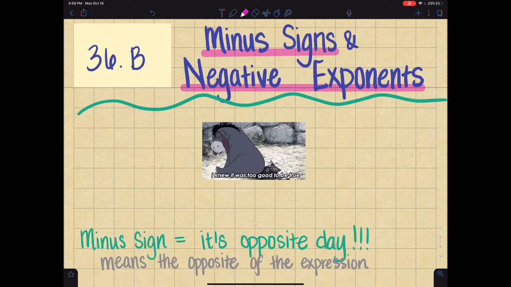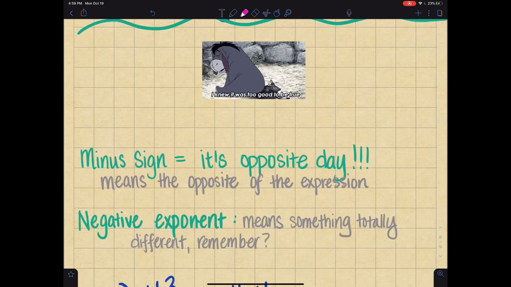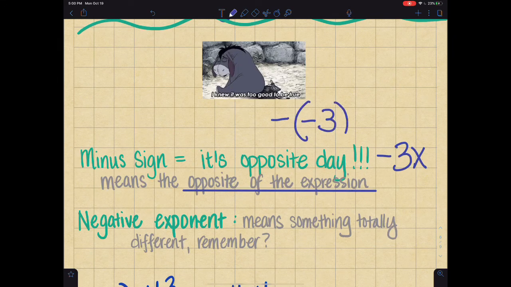Remember that a minus sign in front of a number or an expression, like maybe in front of a negative 3x, means it's opposite day. It means it's the opposite of the expression. If you have a negative of a negative 3, it's the opposite of negative 3, and it ends up being positive 3, right? So just remember that it's the opposite of an expression if there's a minus sign. However,